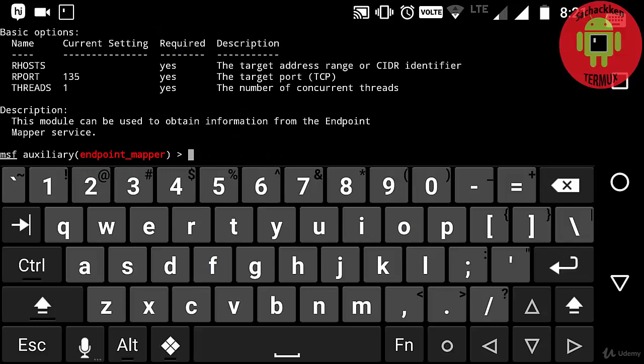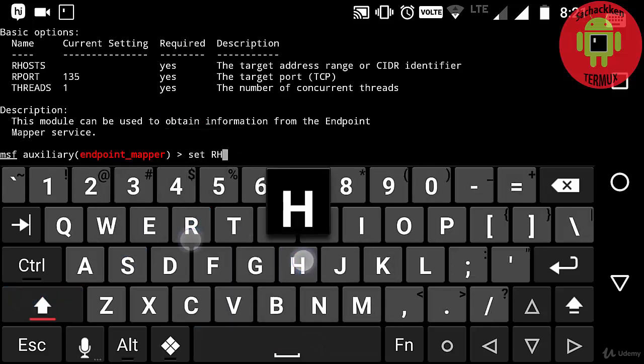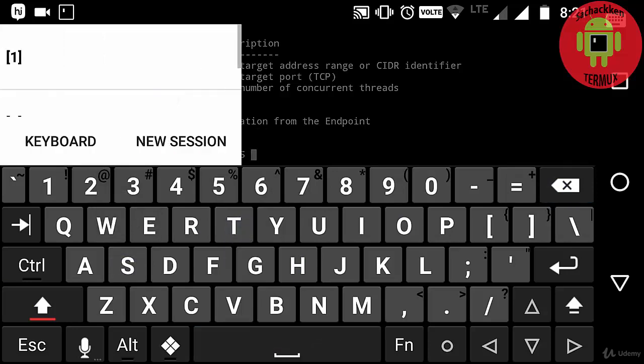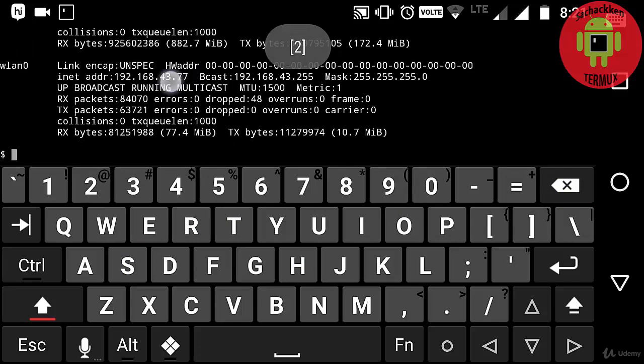So now here you can see the information of the module like RHOSTS, RPORT and THREADS. RHOST is used for setting the target address, RPORT is used for targeting the port, and THREADS sets the number of concurrent threads. So now all we need to do is just set up the range of IP addresses